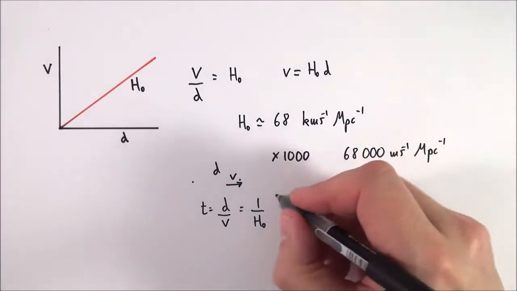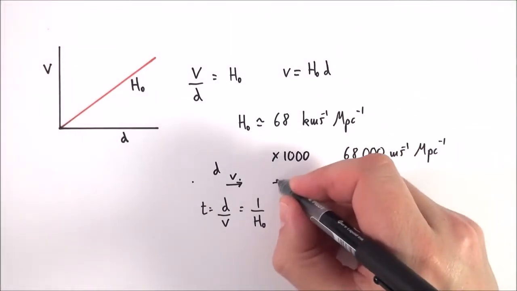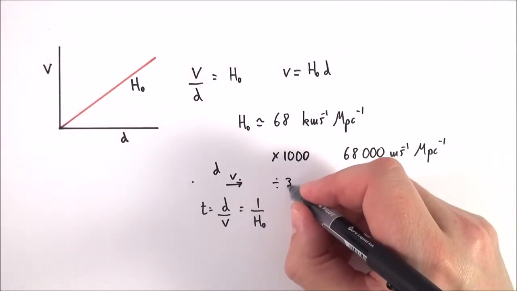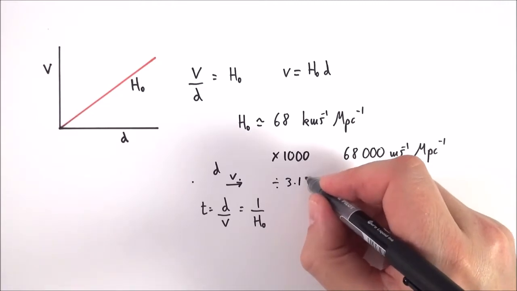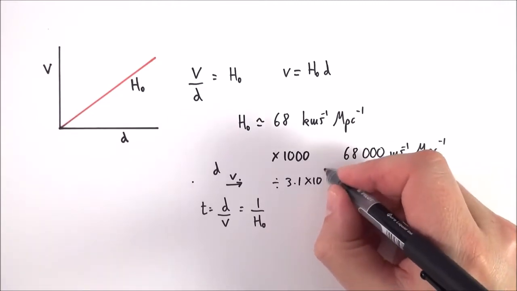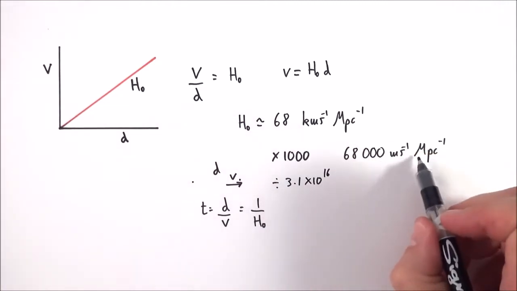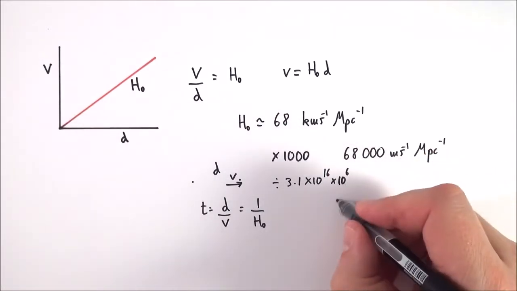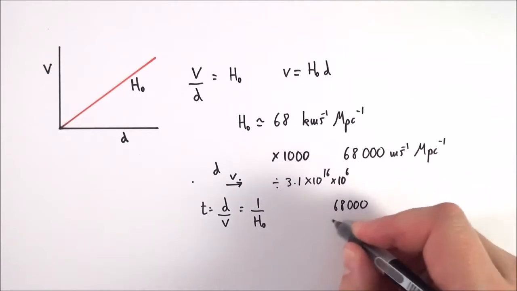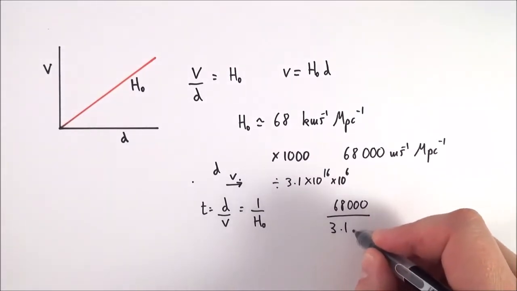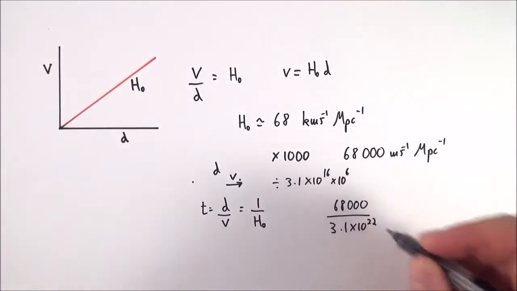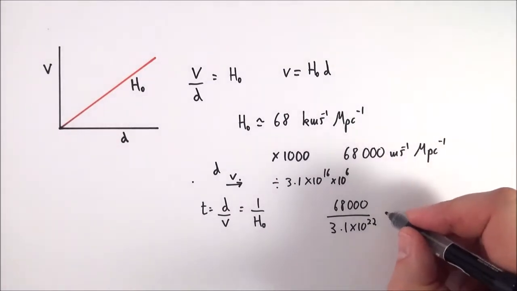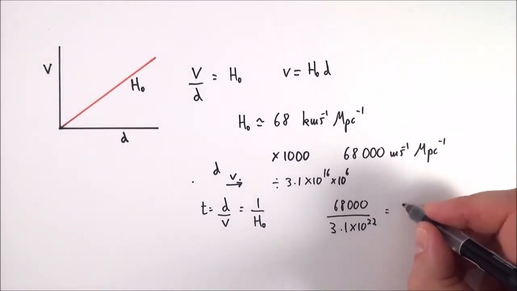You need to remember that a parsec is 3.1 times 10 to the 16 meters. But we've got a megaparsec, so we multiply by 10 to the 6. If we then take 68,000 and divide it by 3.1 times 10 to the 22, we come up with a value which is equal to approximately